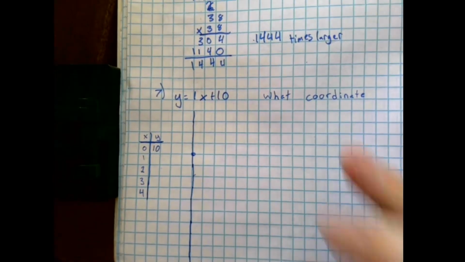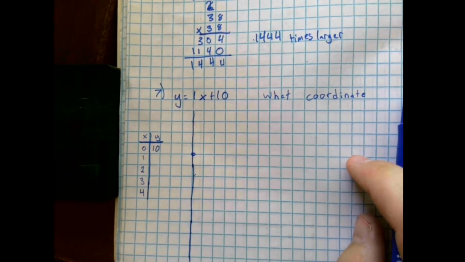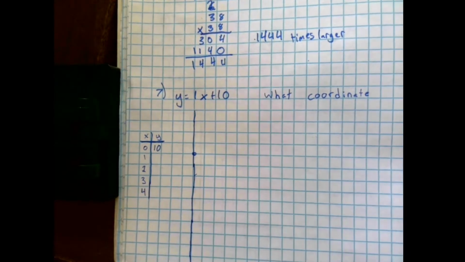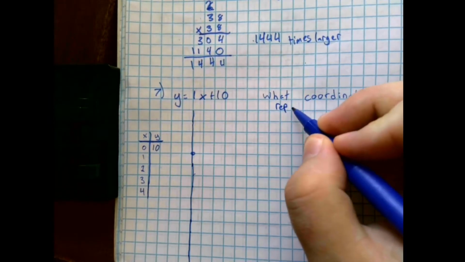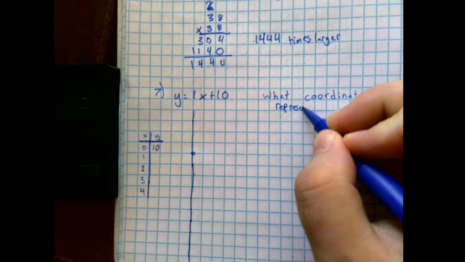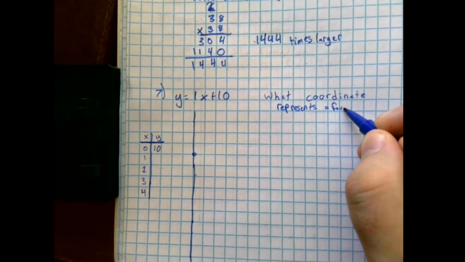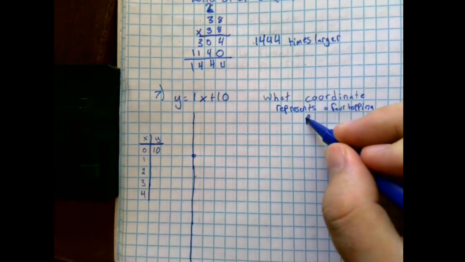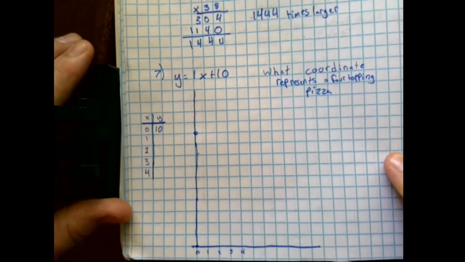Now, question 7 gives us an equation for the price of a pizza. It says the price of the pizza is $10 plus $1 for every topping. It says graph this and find what coordinate represents a 4-topping pizza. All right. Now, as we're working through this,